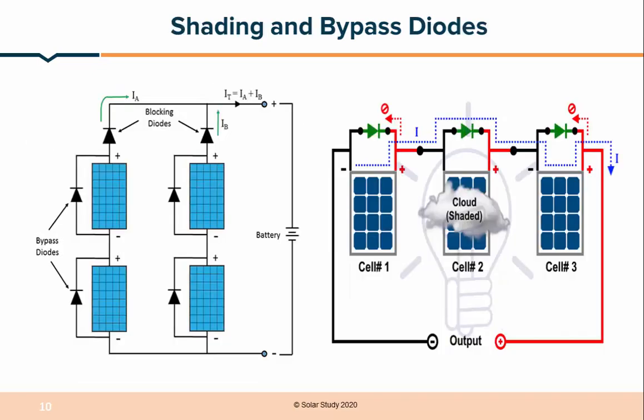So now here comes the bypass diode, why it is required. Suppose these are solar panels or solar cells, because the bypass diode is contained in a solar module, so a number of solar cells are connected in series. When shading occurs, this will be completely blocked. Then what happens? When light is coming in this direction, negative to positive, because of shading it can't take this path. So then it should balance this system. That's why we want to put an anti-parallel diode. This is also called a bypass diode.